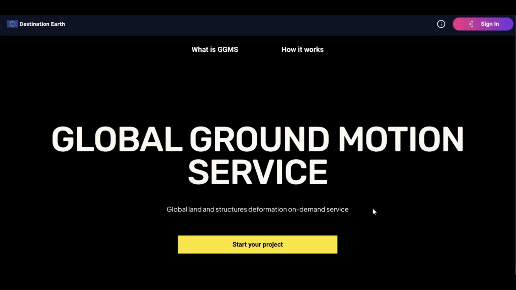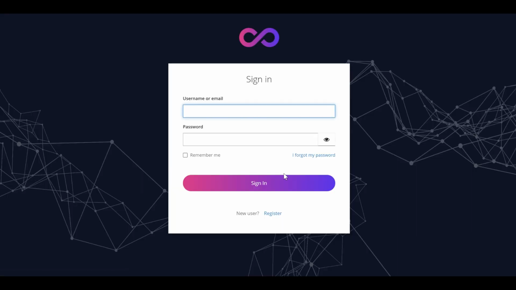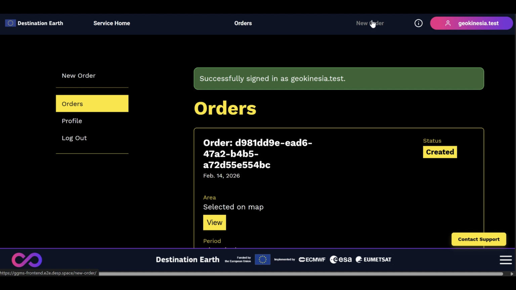In this introductory video, we will guide you through the main steps of using GGMS, from exploring the interface to configuring an analysis and understanding the results. To follow this tutorial, you need access to the GGMS service on the Destination Earth platform. No additional software is required. GGMS runs entirely in your web browser. For users who wish to explore the methodology in more detail, comprehensive service documentation and educational resources are available directly